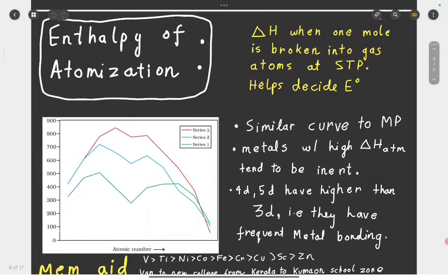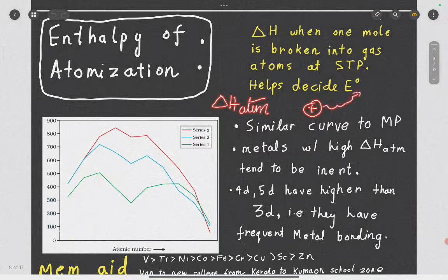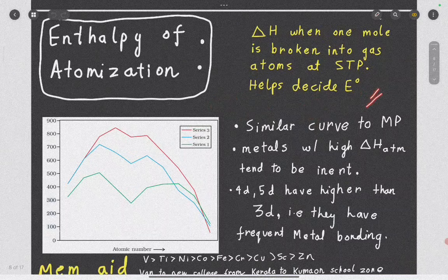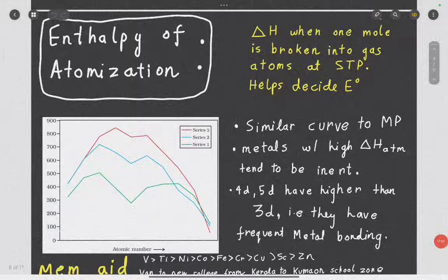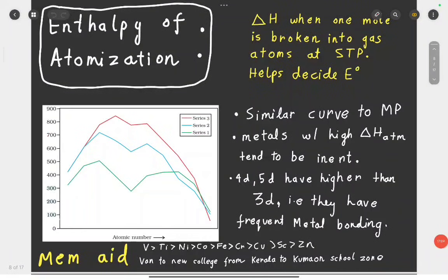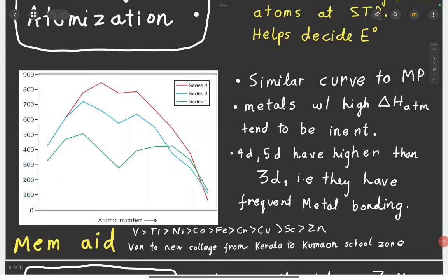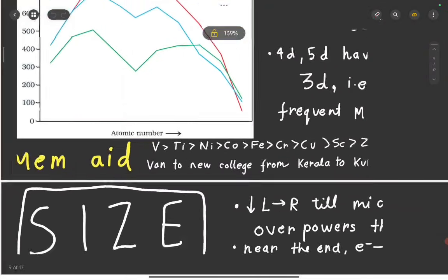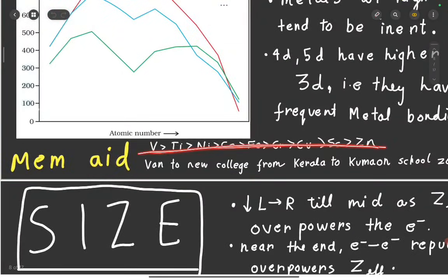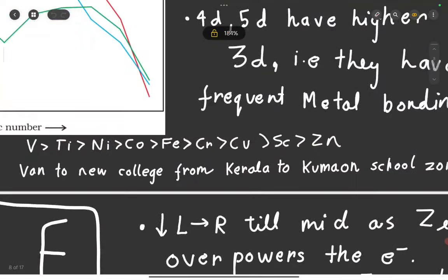Like not as inert as in noble gases, but rather inert. And this is a very obvious point. Like if something has high enthalpy of atomization, it's hard to convince it to go into the gaseous phase to basically just react. Okay. And enthalpy of atomization has a necessary condition that you have to go into the gaseous phase. Now, while they haven't asked a direct question from the order of elements of enthalpy of atomization, I have